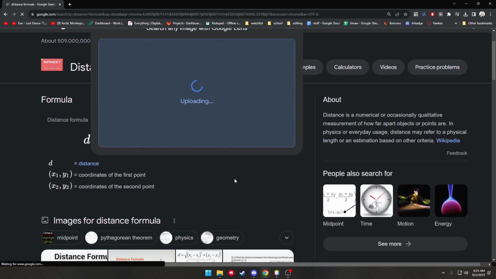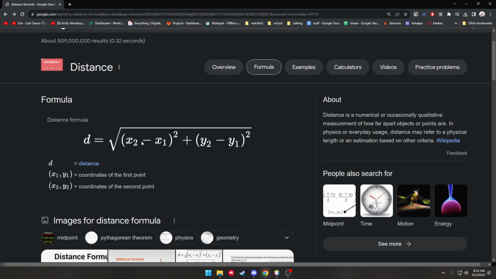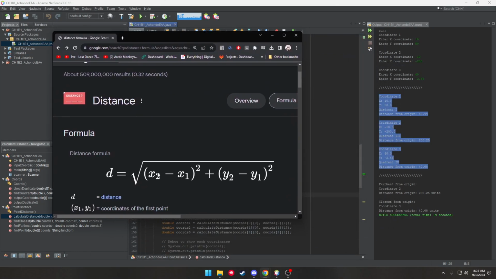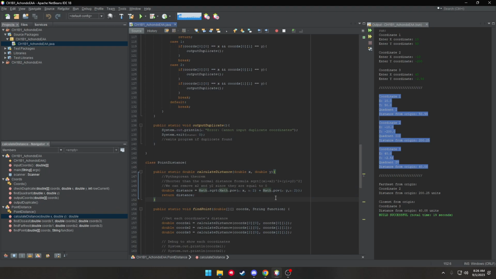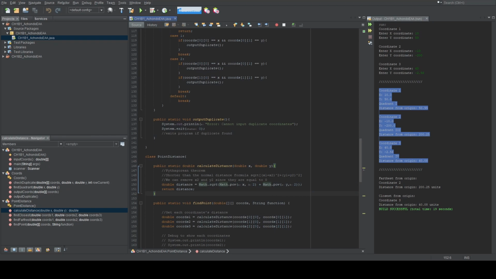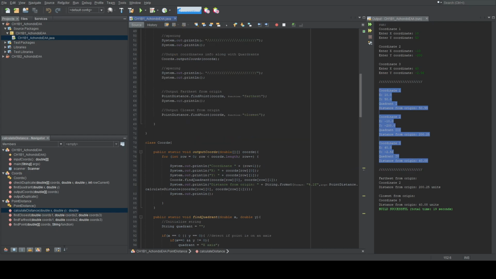This is actually the formula, which takes both the first x and the second x, which in our case we just compare it. The second point would be 0, so that means we can just remove one of the x, so we're left with x squared plus y squared, and then you square root it, which is this one. Anyway,